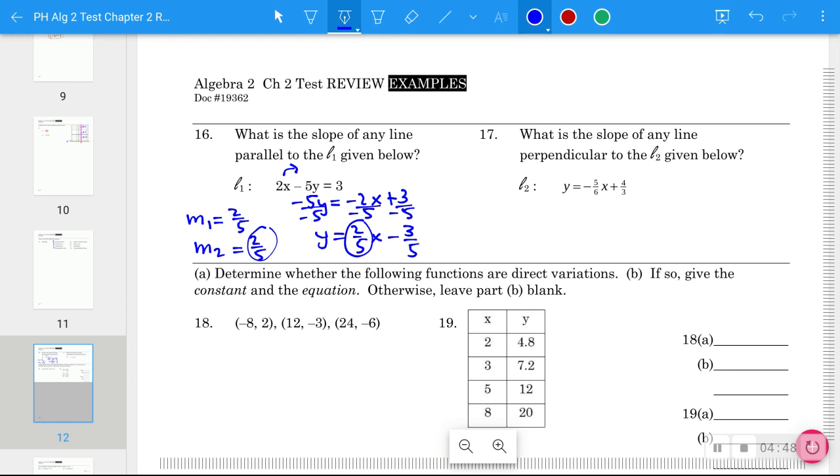On the next one, we don't have any work to do as far as getting the slope of the line. It's ready to go. So the slope of the first line is just that -5/6. But since they're perpendicular, what you're going to do here is two things. You've got to change the sign to positive, and you also have to take the reciprocal, so 6/5. The slope of the second line has to be 6/5 if it's perpendicular to that other line. Okay, that does it for problem 17, and we'll pick up on the next problem in the next